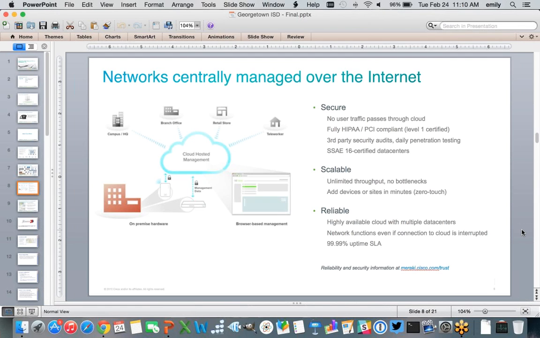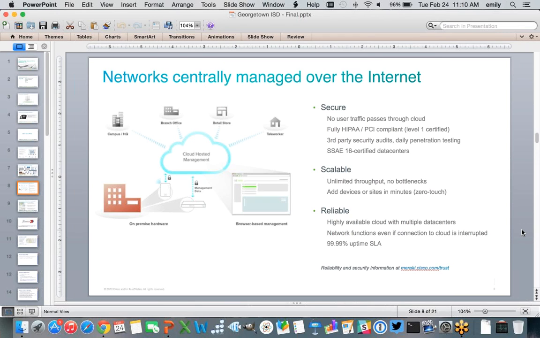The architecture is also incredibly scalable. So if you are managing tens or hundreds of campuses or deployments, it's very, very easy to get up and running with Meraki gear. We actually support true zero-touch deployment. You can literally pre-configure all your Meraki equipment before it's ever been plugged into power, ever been plugged into the internet.